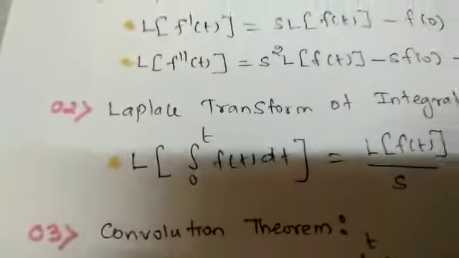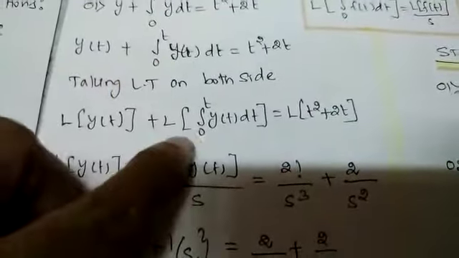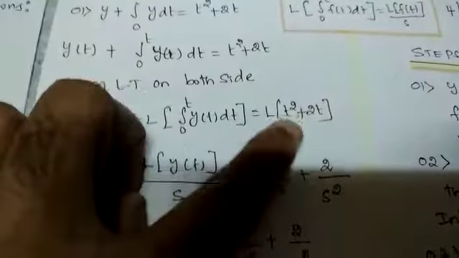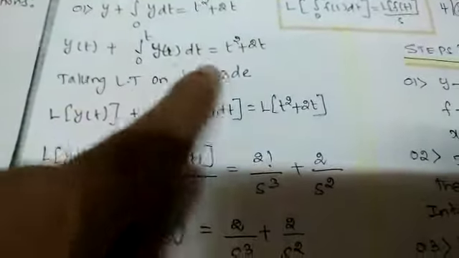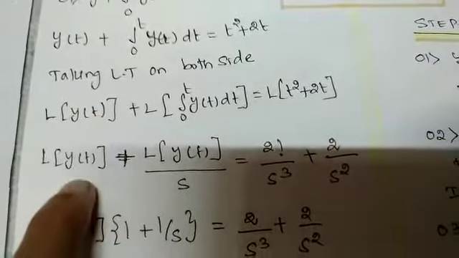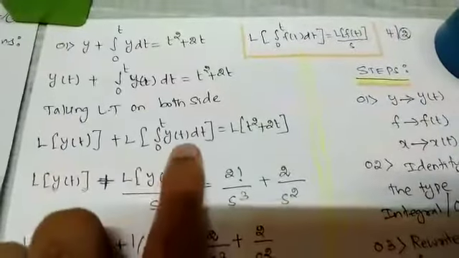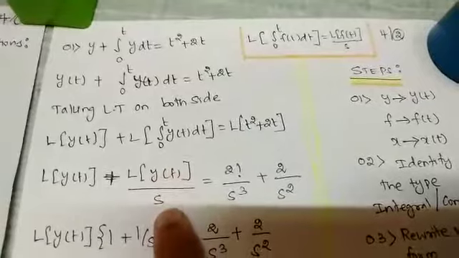So already you know the Laplace transformation of an integral. Now what is the main step I said? You need to take Laplace on both sides. Taking Laplace on both sides, here Laplace will come, here Laplace will come, here Laplace will come. So Laplace of y of t plus Laplace of integral 0 to t y of t dt, equals Laplace of t square plus 2t. So wherever possible Laplace is known to you, you can determine. Laplace of y of t, we can't do anything, so you keep it as Laplace of y of t. What is Laplace of integral 0 to t y of t dt? Laplace of function divided by s. So what is the function? y of t. So Laplace of y of t divided by s.